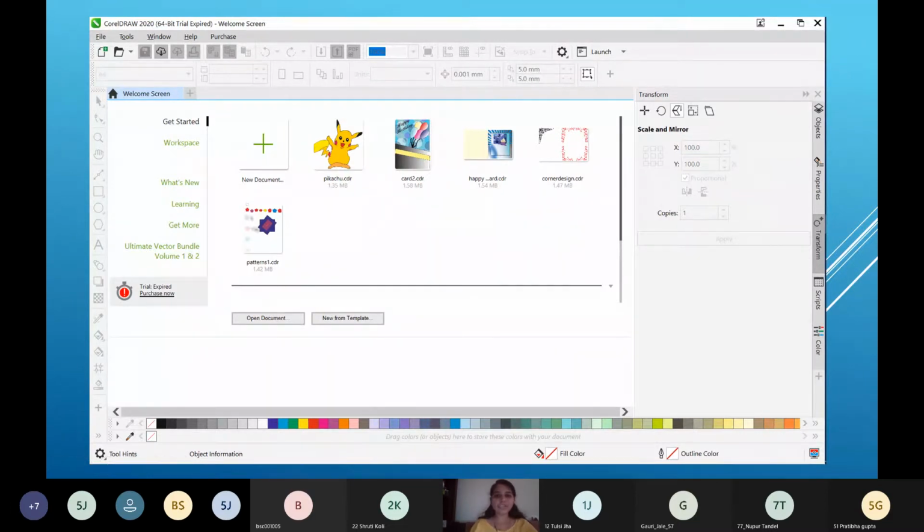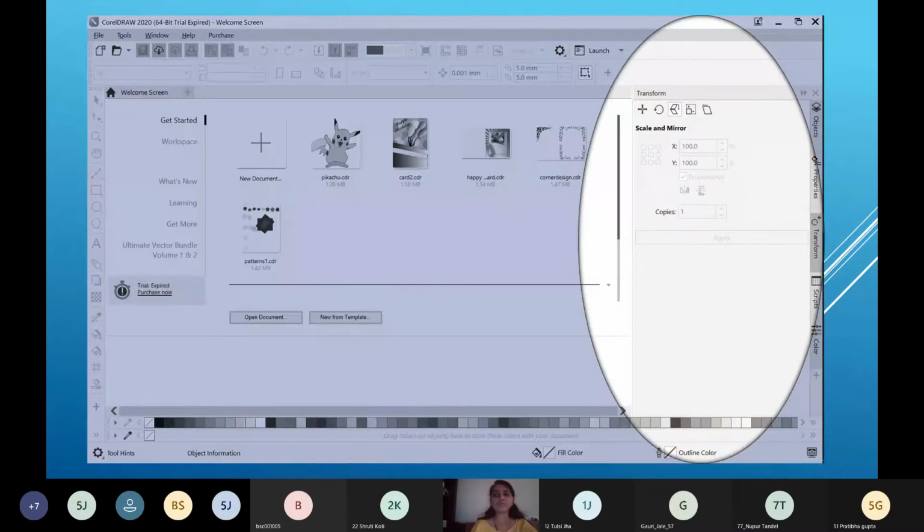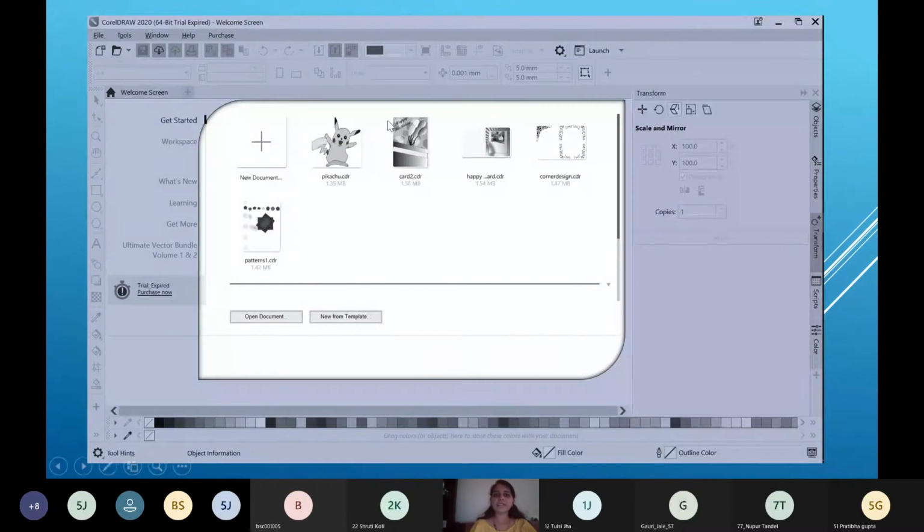Now this is the first page, and then I have focused on only this, like where you will find transform and what this transform stands for. Transform is nothing but whenever you want to move any object, increase or decrease the size of any object, rotate any object, or change the shape of an object, then you require these transformations. So this is transform. Then next one, this is the page where you will be able to see the history, means what you have created.